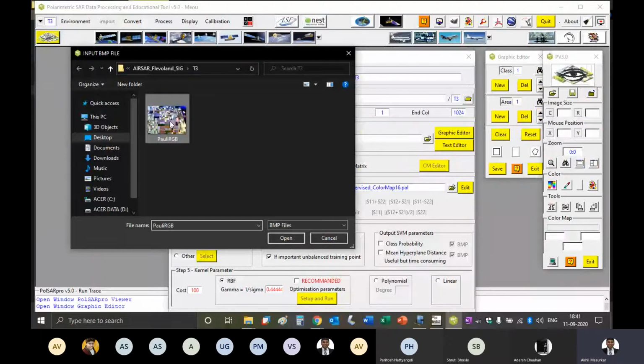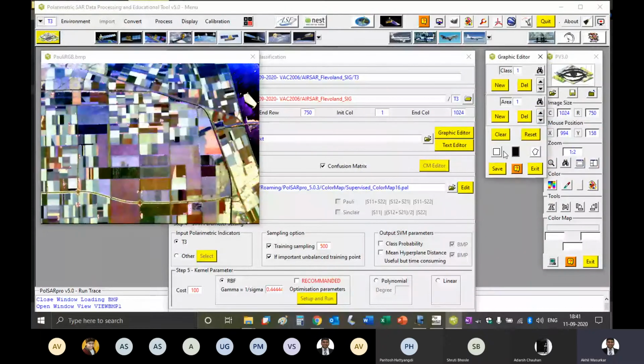Okay, so I'll start off again. I'm just changing the color of the boundary to black instead of white because some of the classes themselves are white. So new areas I'm giving it here. So just start drawing squares. Then go to new class. Then we have one class here, forest class. Now by looking at it, you will not understand whether it is forest or what. If by experience you get that.